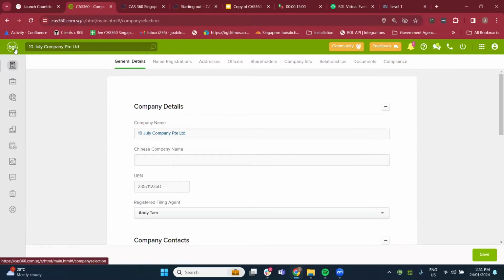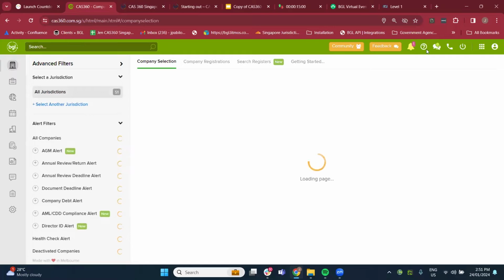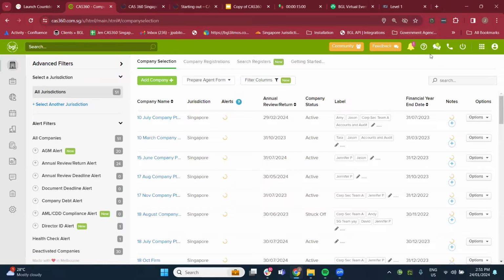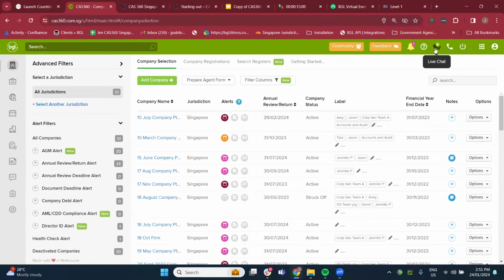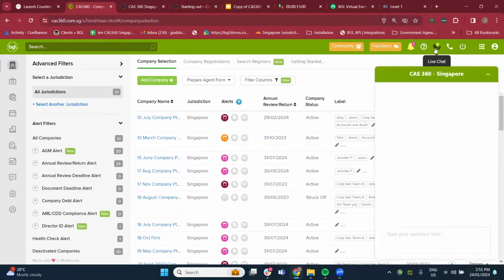I'm just going to go back. So essentially, whenever you see a bubble icon over here, this will enable you to use what we call CAS,